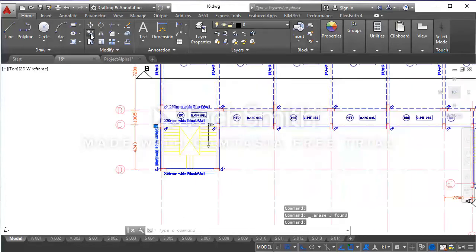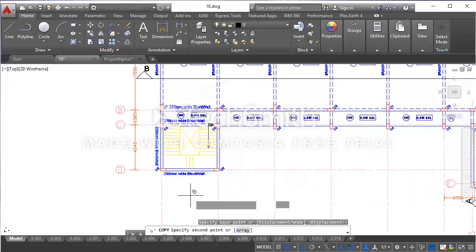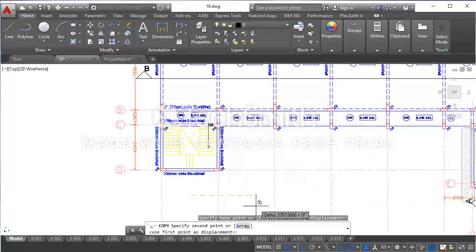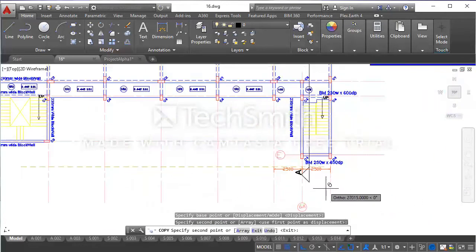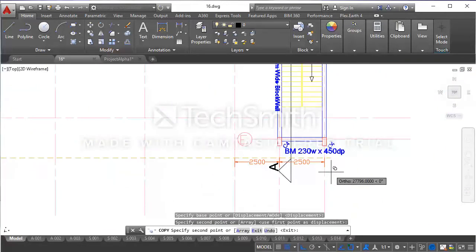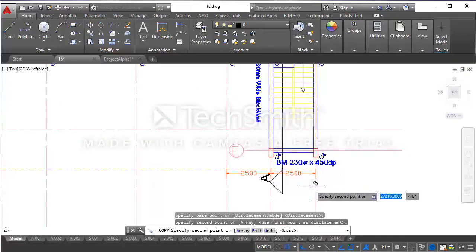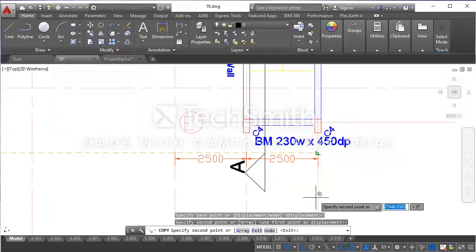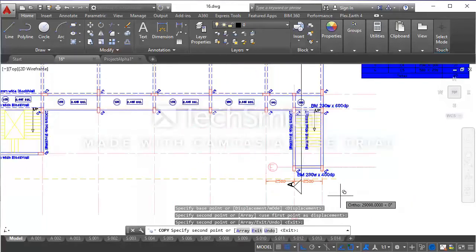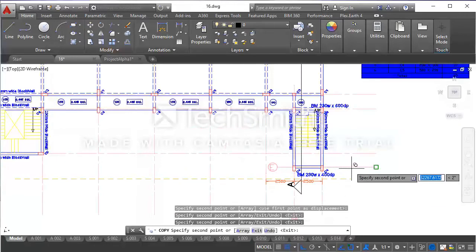Copy this, duplicate this label at other regions of the drawing. I'll duplicate this here. I'll duplicate this. It's difficult because of my snapping node. Okay, duplicate it there. Put it here.